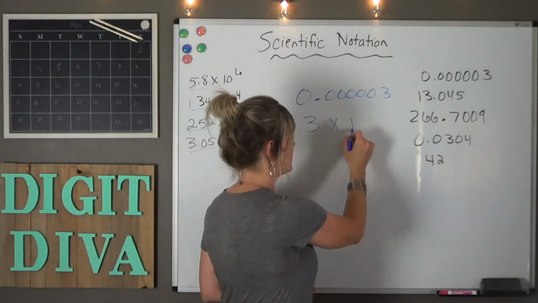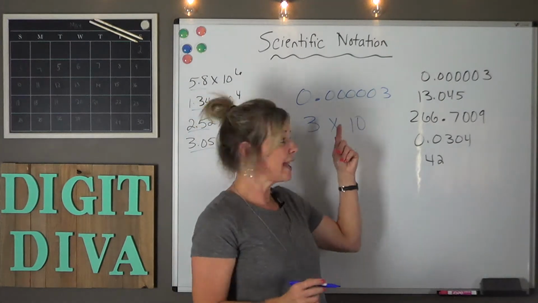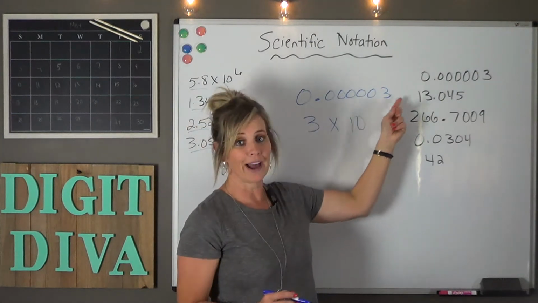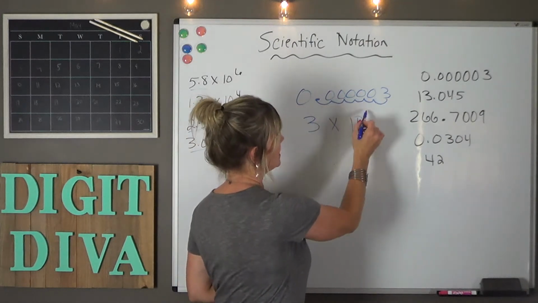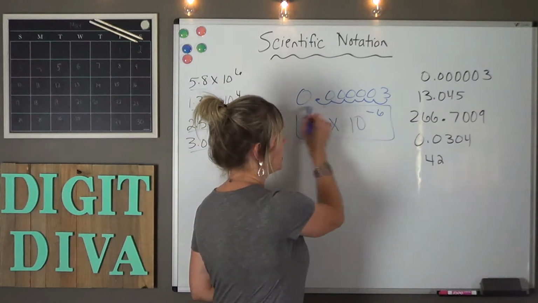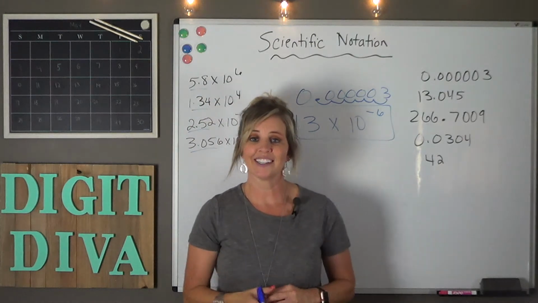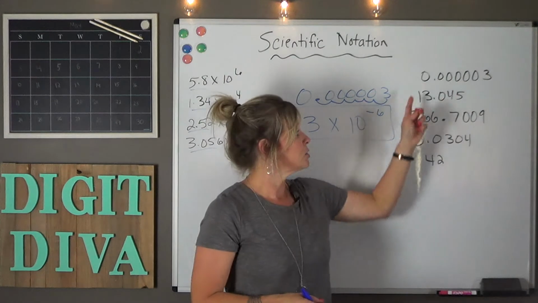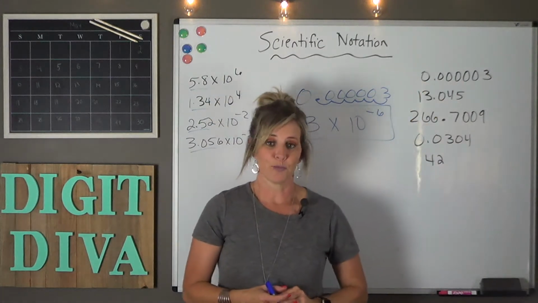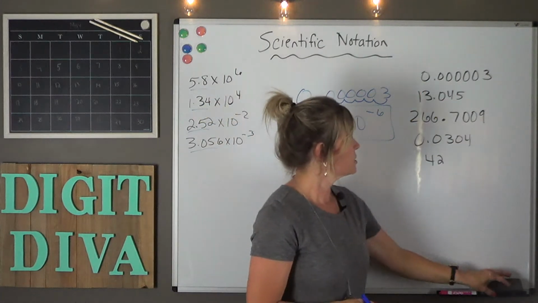Times 10, and you have to count how many units you moved to get behind that 3. 1, 2, 3, 4, 5, 6. So my final answer would be 3 times 10 to the negative 6. Why is it a negative exponent? Because the original number was smaller than 1. Okay, let's try our next one,